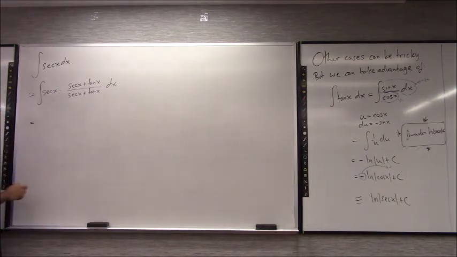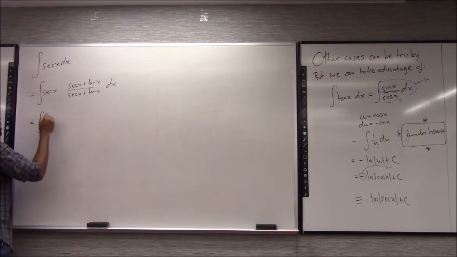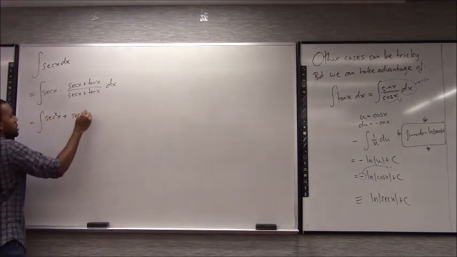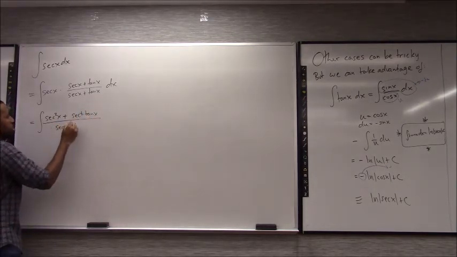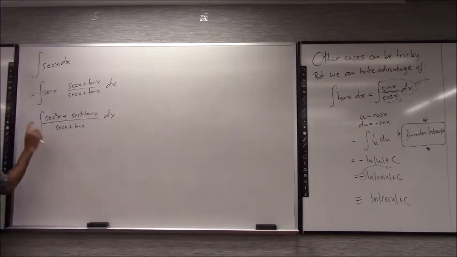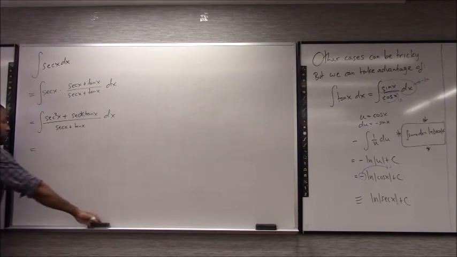Here's why it's genius. Notice that now if I multiply across, this becomes secant squared plus secant tangent over secant x plus tangent x. And what's the derivative of tangent? Well, it's secant squared. And what's the derivative of secant? Well, it's secant tangent. So by multiplying by this, you get that the numerator becomes the derivative of the denominator. So what you do here,